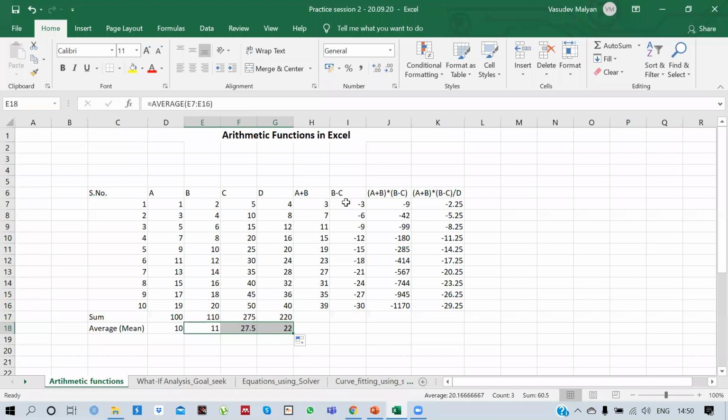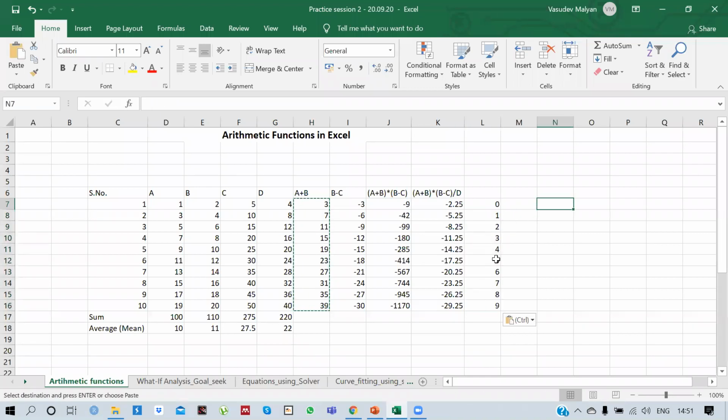Now we have already done the operations, and we have seen two important functions in MS Excel. And now I'm going to show you something which is not very rudimentary. It is somewhat advanced, and you need to understand that because it will save a lot of your time while doing your analysis. So let's say now if I copy all this data here, so okay, so this is a function, all right.